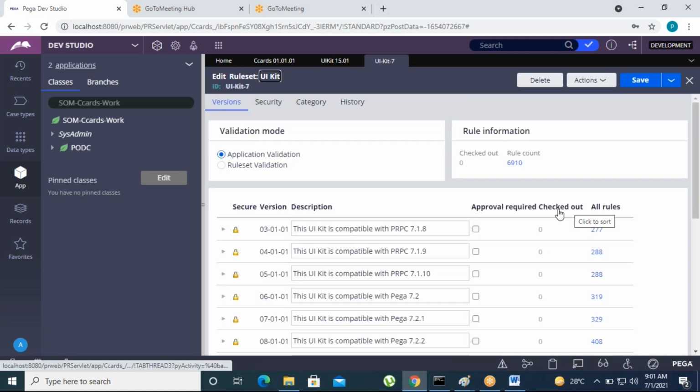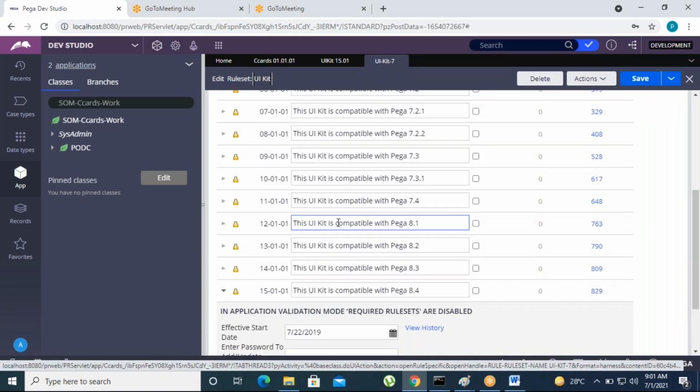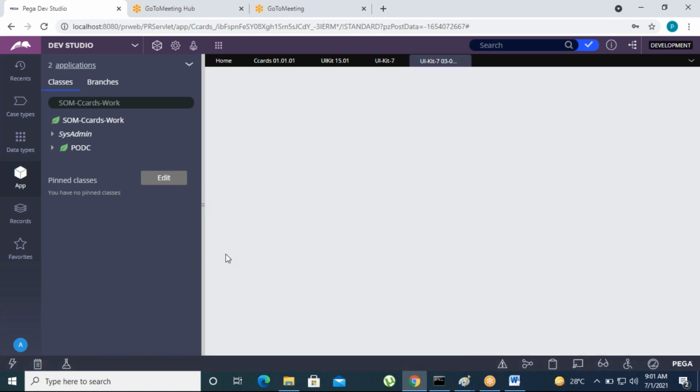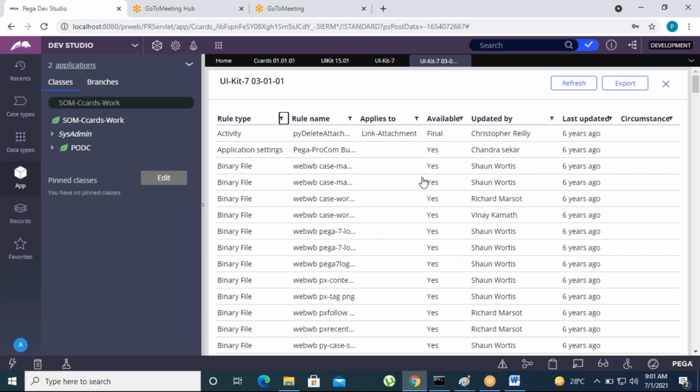These are the versions we created under the UIKit. One rule set can have so many versions. As we already discussed, a collection of rules we can call one version. If you open all the rules, this we can call a cache, a cache rule.